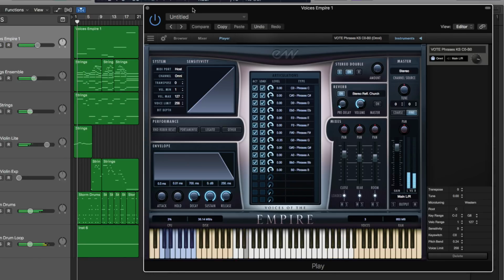So yeah, Voices of the Empire is a great sampled vocal instrument from EastWest Sounds. Once again, as with everything they have, I'm very impressed with the quality of these sounds. And to be fair, sample-based voice instruments are incredibly difficult to get to sound right, and it takes a fair